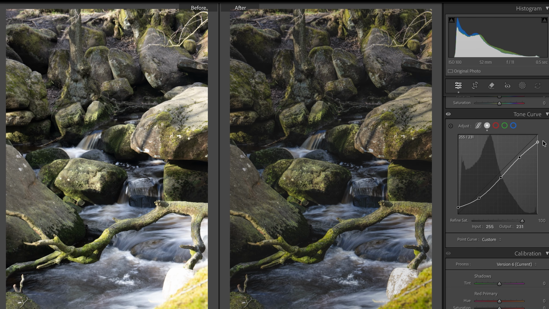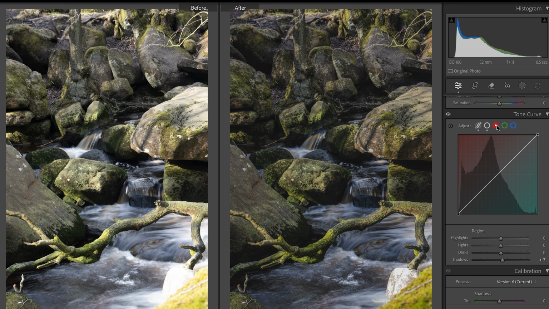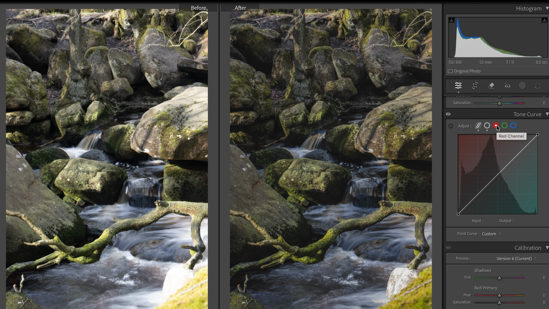And because there's a bit of that harsh line in there, I'm just going to dip the whites at the top too. So you can see that's not only bringing in a little bit of contrast, it's creating that nice cinematic fade, but it's also darkening down our image even further. So I'm just doing a slight raise on the shadows there, but we're also going to bring in some color